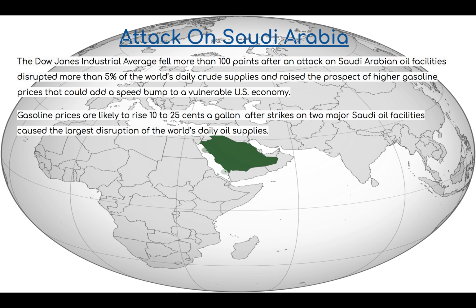The attack on Saudi Arabian oil facilities is a great example of this. The Dow Jones Industrial Average fell more than 100 points after an attack on Saudi Arabian oil facilities disrupted more than 5% of the world's daily crude supplies and raised the prospect of higher gasoline prices that can add a speed bump to a vulnerable U.S. economy. Gasoline prices are likely to rise 10 to 25 cents a gallon after strikes on two major Saudi oil facilities caused the largest disruption of the